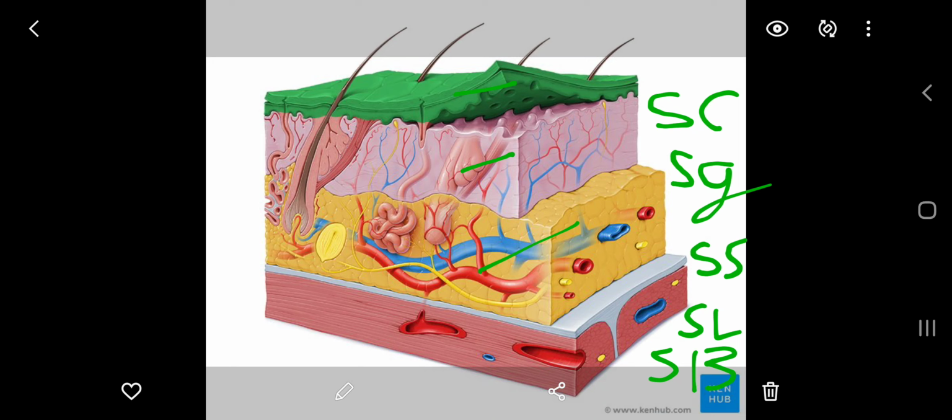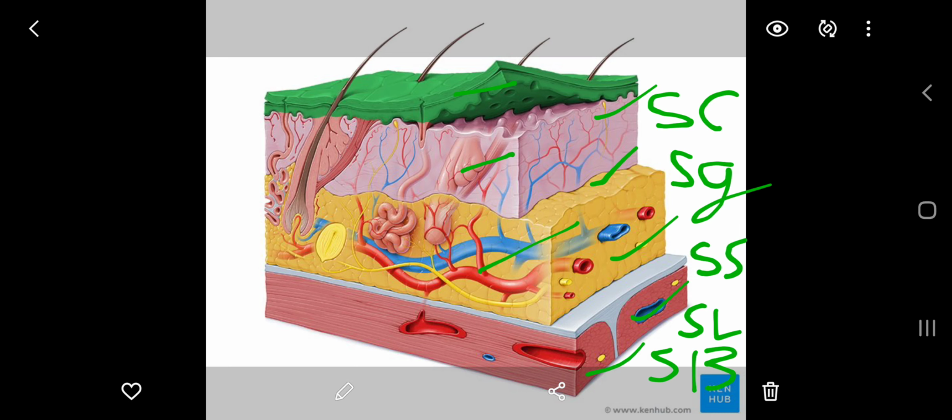The stratum corneum is the outermost layer of the skin. The stratum basale is the layer which produces new cells for the skin. As the cells of the stratum corneum get killed or damaged, they are thrown out of the skin. Then the cells of stratum granulosum come up, then the cells of stratum spinosum, then the cells of stratum lucidum, and then the cells of stratum basale come up, which produces new